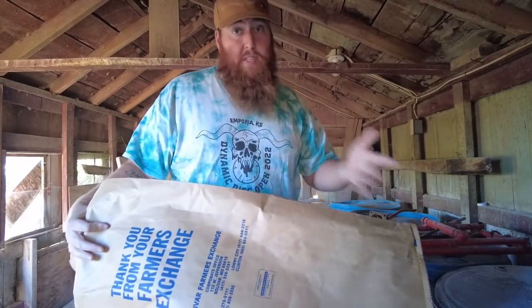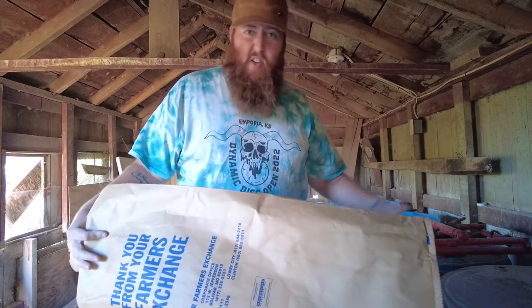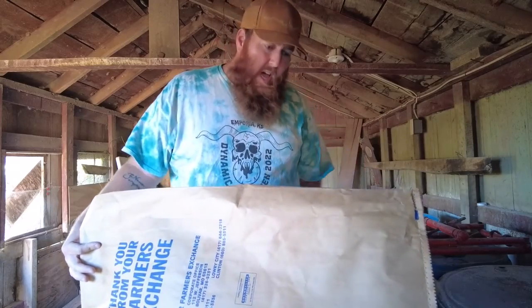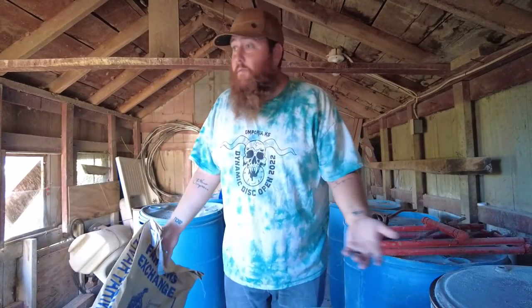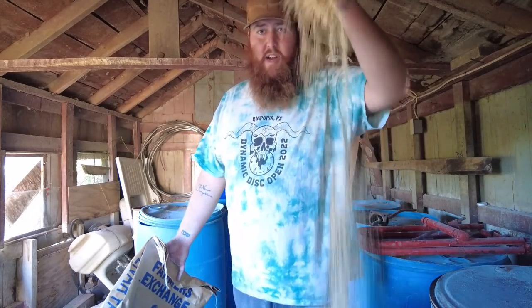Unfortunately, since these have had sunflower oil in them, I use my pressure washer to get all the residual sticky oils out of them, which, depending on what you're using them for, you may not have to remove. But since I'm putting really highly ground feed in it, which is for pigs, I don't want that sticking to the sides. Now, obviously, this is not the be-all, end-all, perfect solution for everybody for feed, but it's something that has worked well for us,